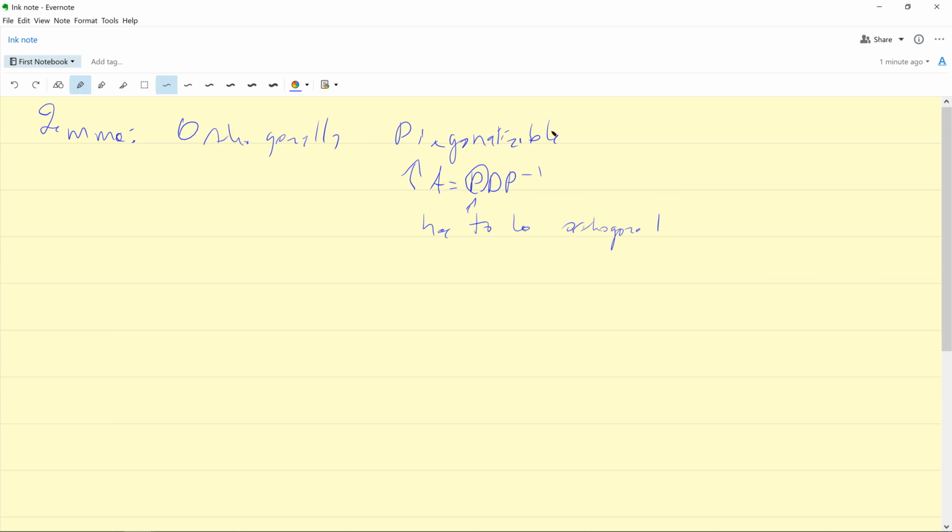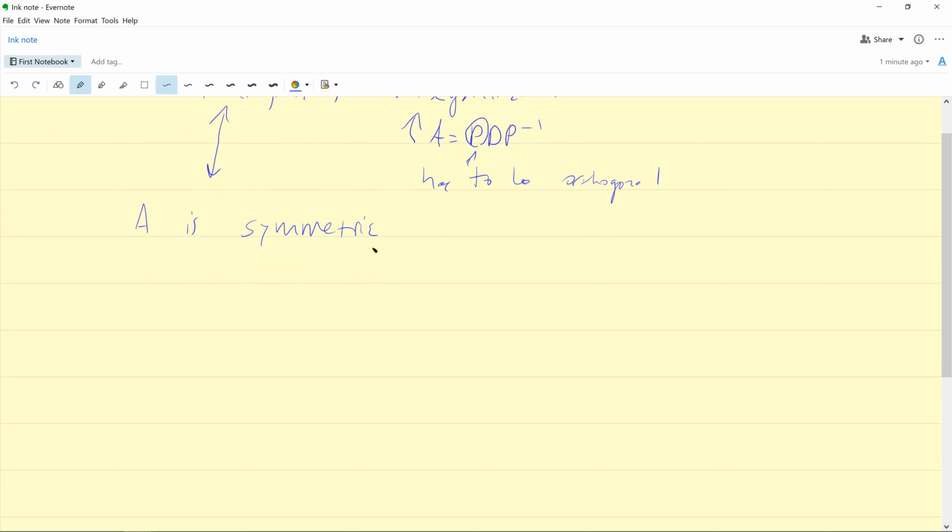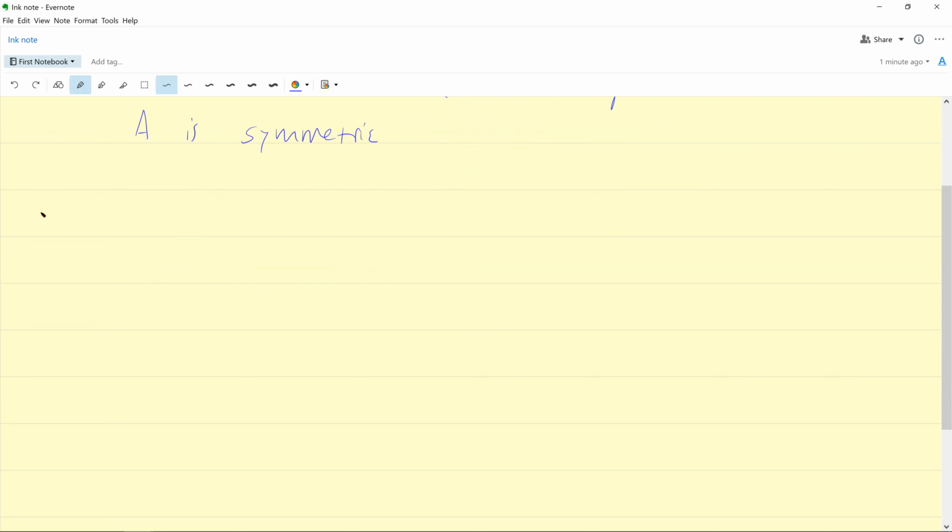So what this theorem says is that this condition happens exactly when our matrix is symmetric. It's not just that if you have a symmetric matrix, you're going to be able to find this orthogonal basis, but any matrix where you can find this orthogonal basis has to be symmetric. So the spectral theorem is saying more. It's saying that if we have this symmetric matrix, we can find out a lot about it.